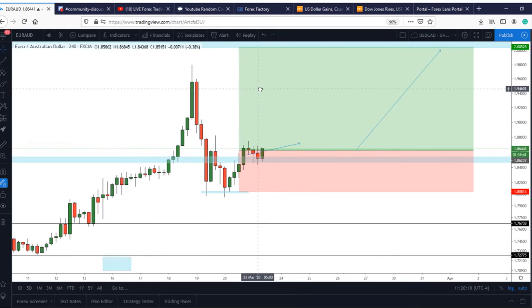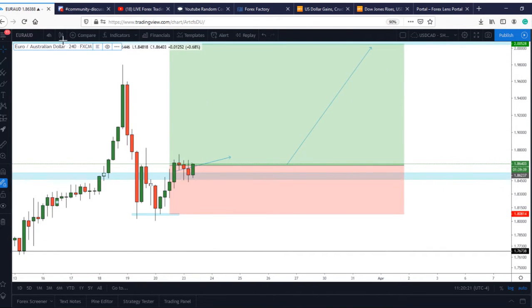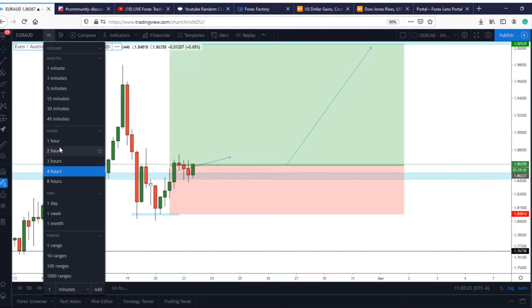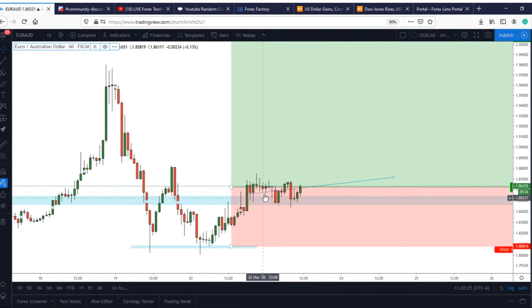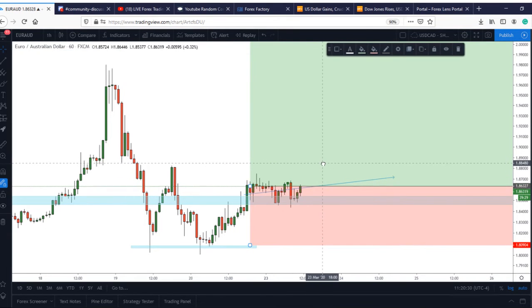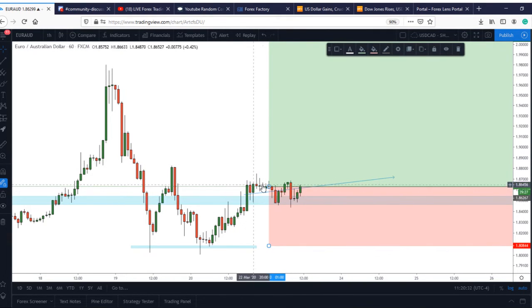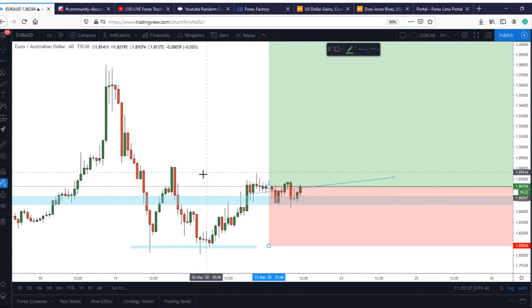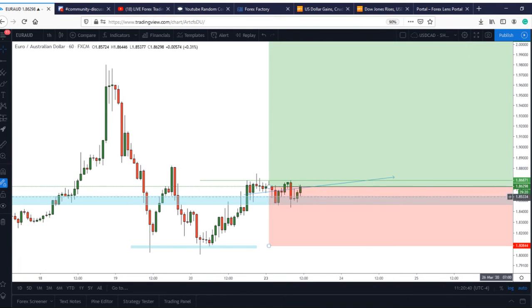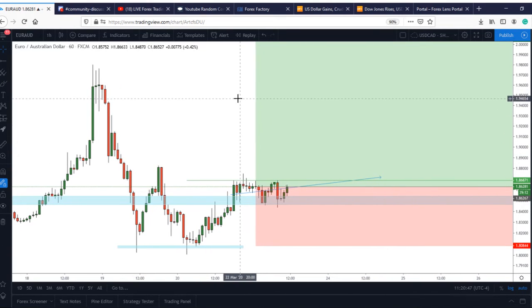Now Euro Aussie, I might be interested in entering this trade. Just looking at the 1 hour, the 1 hour has kind of created a suitable entry for us. Now if I just slide this previous idea over, you can see we've created a resistance on the 1 hour right around 1.86871. Right around these highs right here, we've created resistance. And so me personally, I'd be waiting for a 4 hour closure above this level,